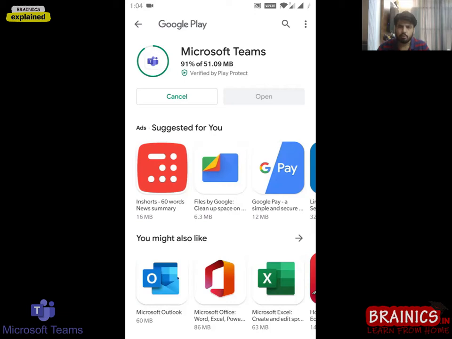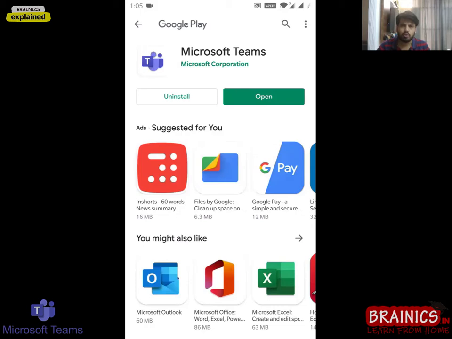Even for the laptop, if you want to take class through your laptop or computer, you just have to send this link to a particular Gmail which is logged in on your computer or laptop, by copying this link and sending it to that Gmail. Or you can request your organization to give you the links on your particular Gmail, which obviously must be logged in on your computer or PC. Now you can see that my application has been successfully installed.